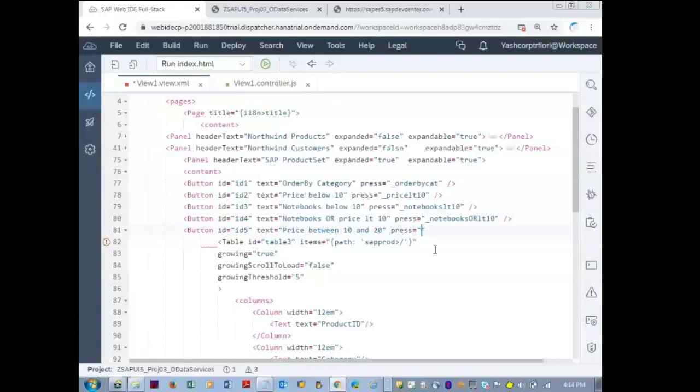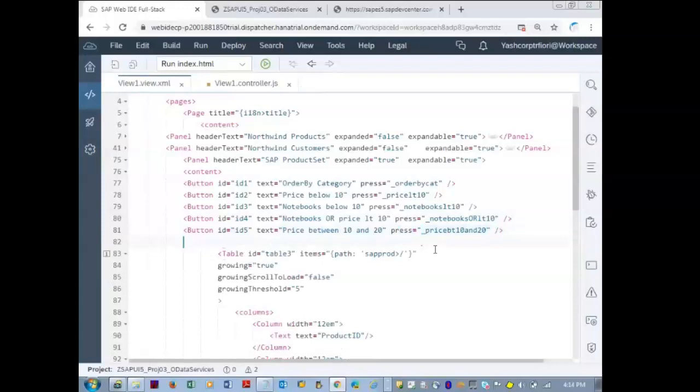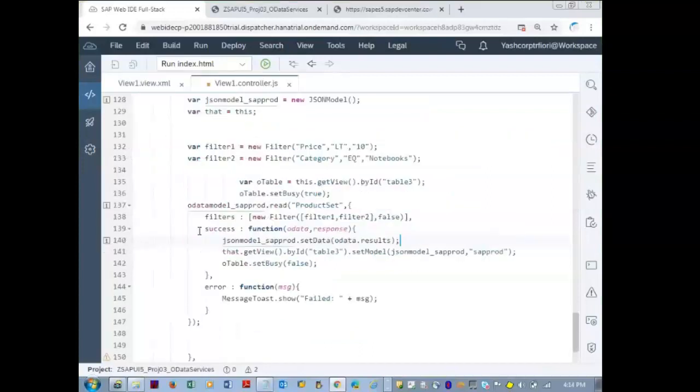Press underscore price BT 10 and 20. Okay. Go to the controller.